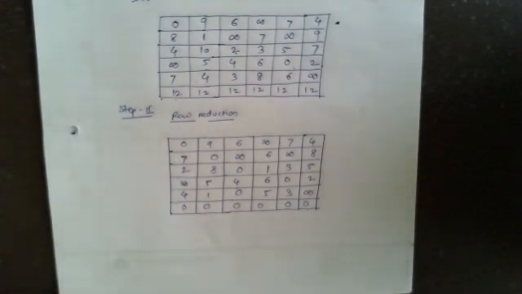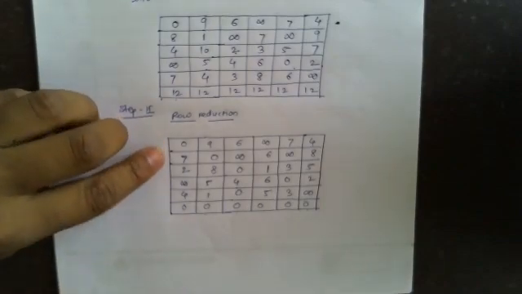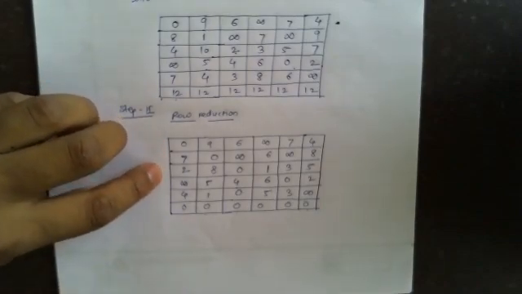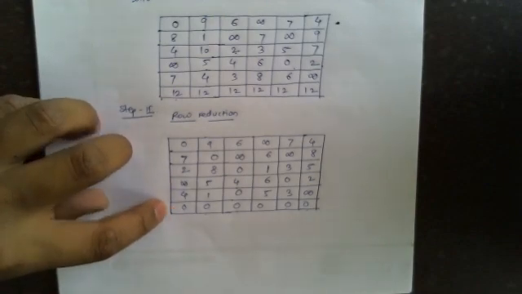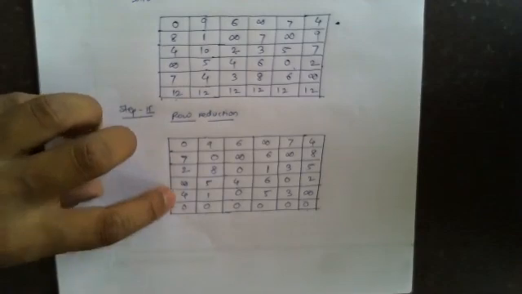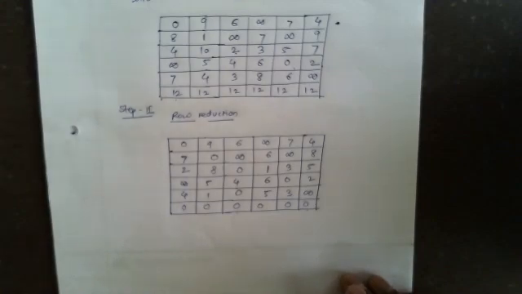Now check in each row and each column whether at least a single 0 is present or not. In the first row 0 is present, in the second row also, in the third row also, the fourth row is present, in the fifth row 0 is present, and in the sixth row also 0 is present. Similarly, column wise check, in each column 0 will be there. Yes, we are having a single 0, so the condition gets satisfied.